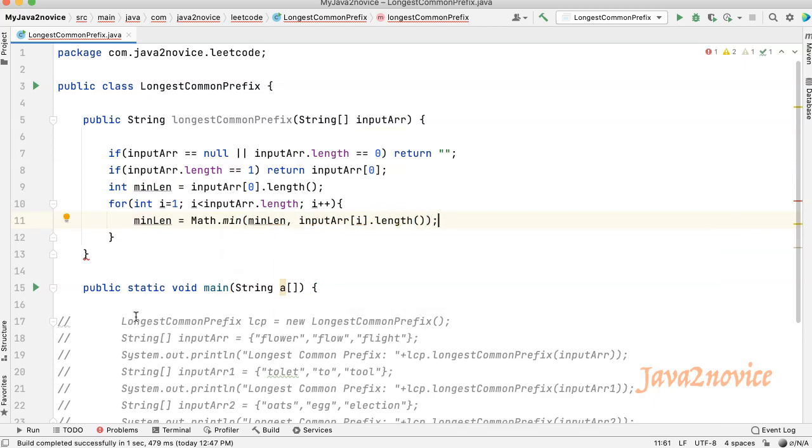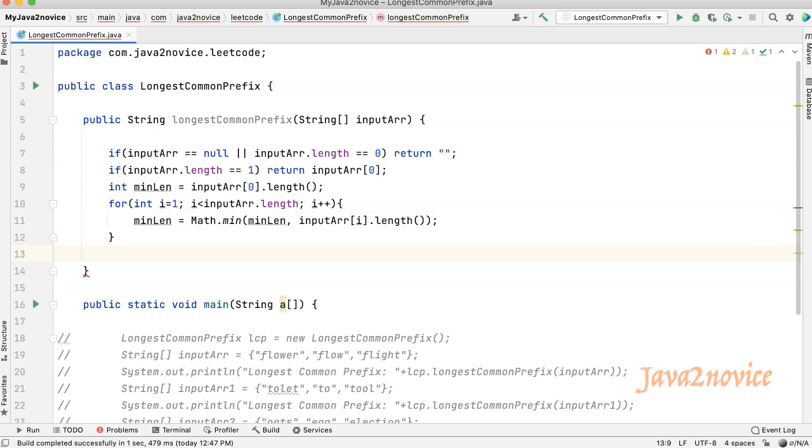Whichever length is minimum, we will keep track of that length. Now, we know the minimum length. We will iterate over the array and find the common prefix in each string based on the minimum length. I mean, we are going to consider the minimum length of characters from each string for the comparison.